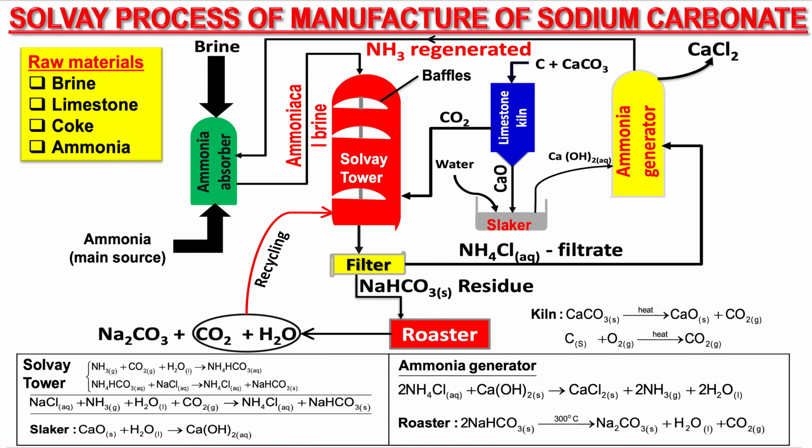The equation for the reaction taking place in the Solvay tower, you can see it there on the screen. We have ammonia plus CO2 plus water to form ammonium hydrogen carbonate. Then ammonium hydrogen carbonate plus brine gives you ammonium chloride and sodium hydrogen carbonate. Now the two products, that's ammonium chloride and sodium hydrogen carbonate, then move on to the next chamber where filtration